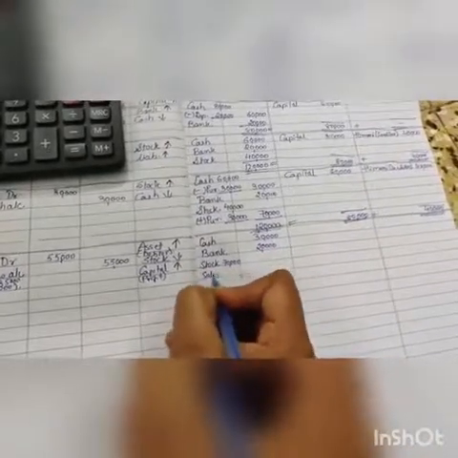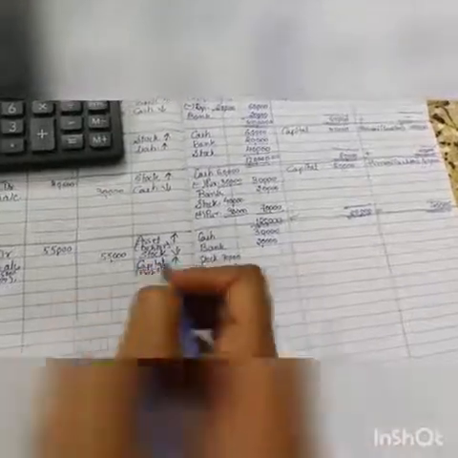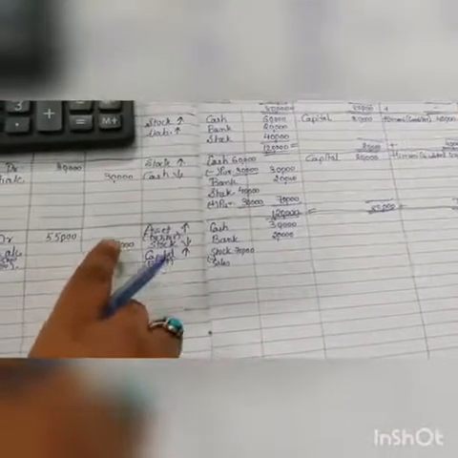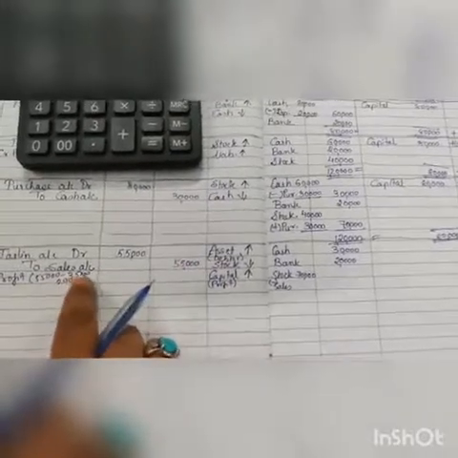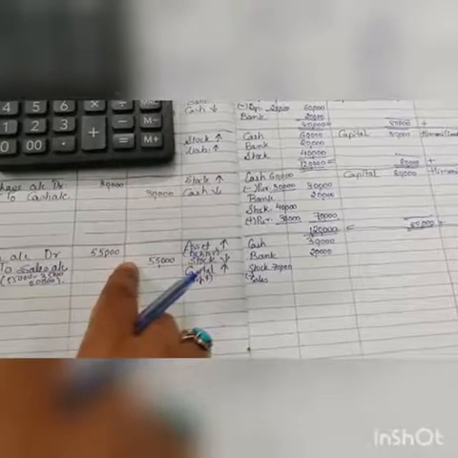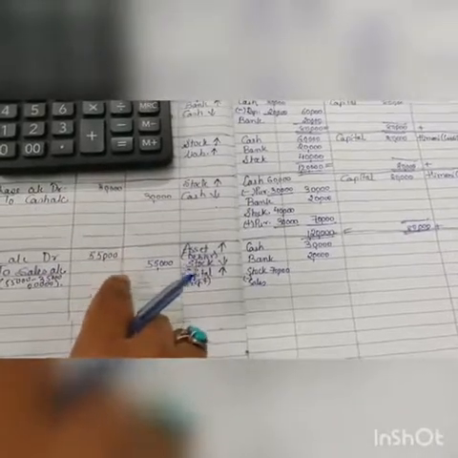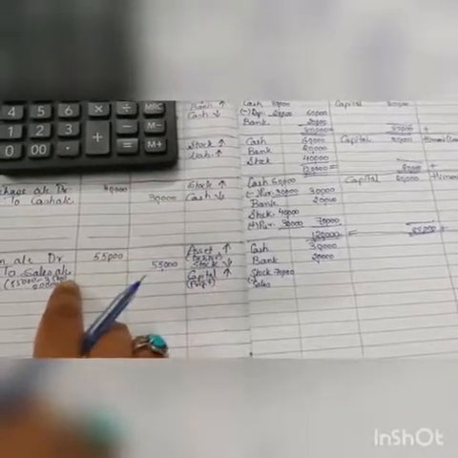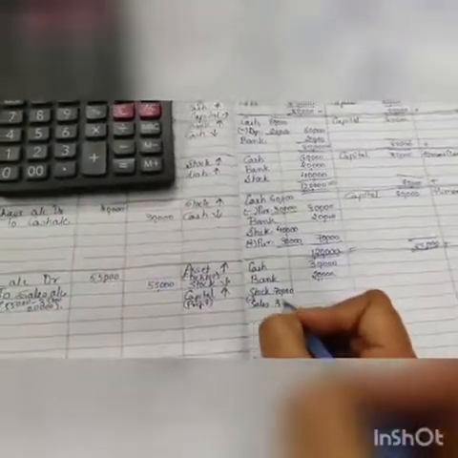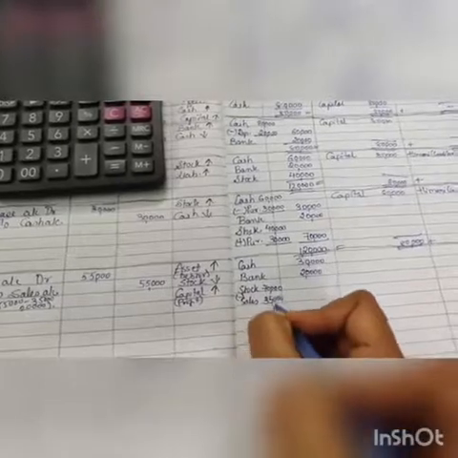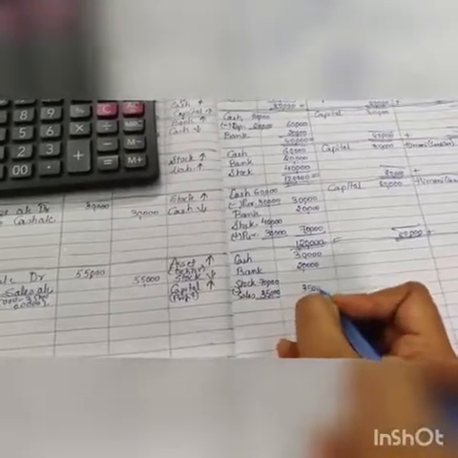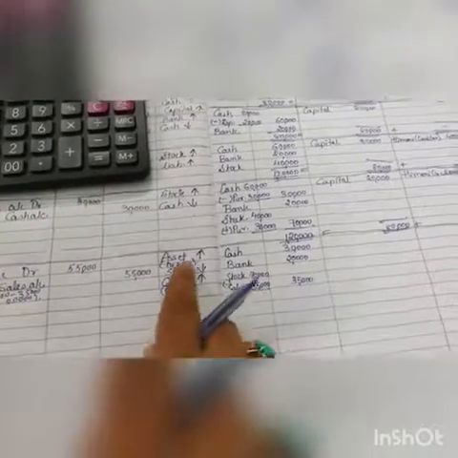Sales is there, so sales will be deducted. Clear? How much? So see, now here you will not deduct 55, because the book value of the goods was 35,000. That is, you are selling 35,000 goods at a price of 55,000. So actually how many rupees of stock is going off from your business? That is going off rupees 35,000. So here we will deduct 35,000 only. Clear? So when you deduct 35,000, what will you get again? 35,000. Clear?